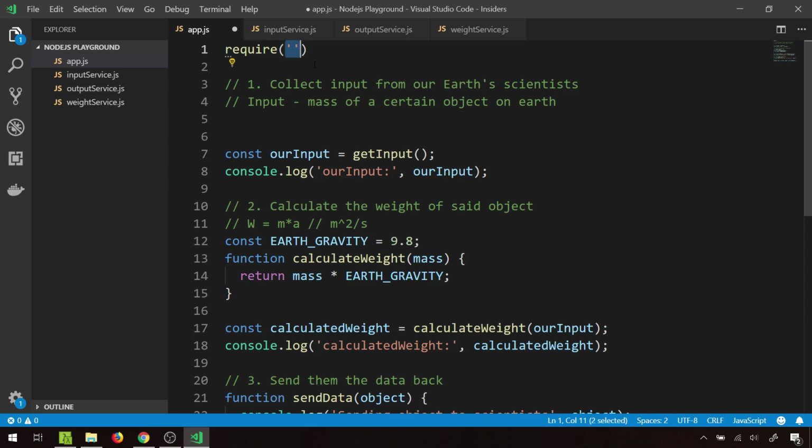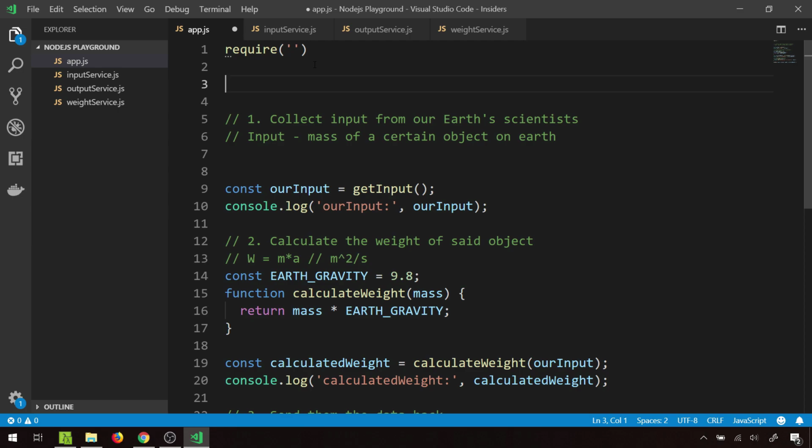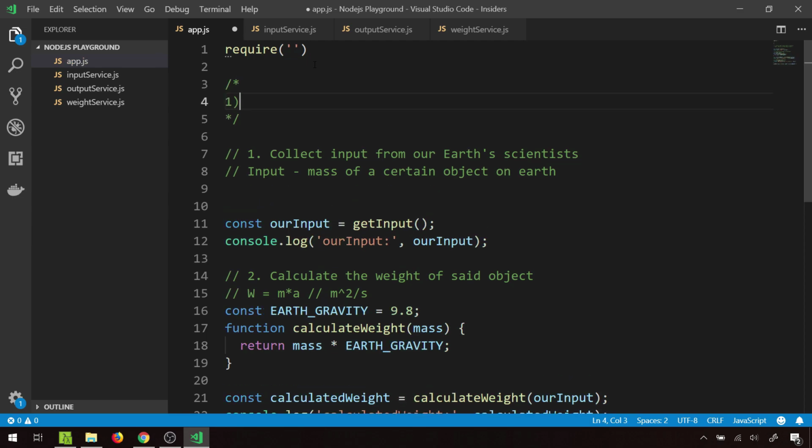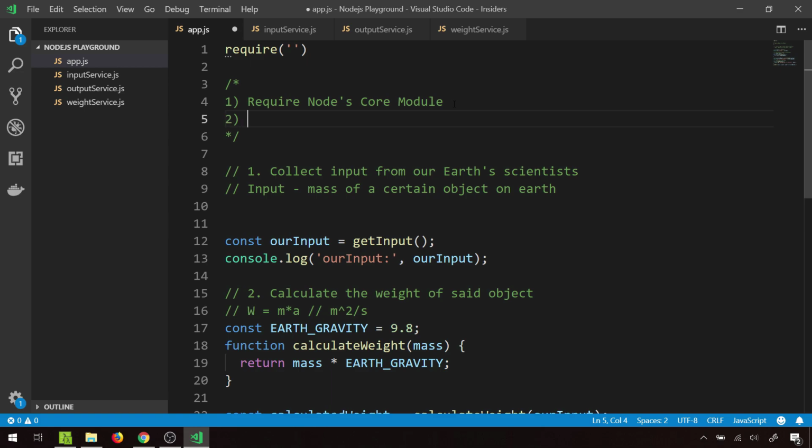Now this string over here, depending on what you want to do, you need to pass different things. So there are pretty much 3 use cases of this require function. I'm going to do something like this briefly, and then I'm going to delete it. So first use case is you want to require Node's core module. Now when you install Node, it ships with quite a few core modules, and maybe you want to import one of those, and I'll show you how. Next, you might want to require a third-party module. Now npm is Node's package manager,